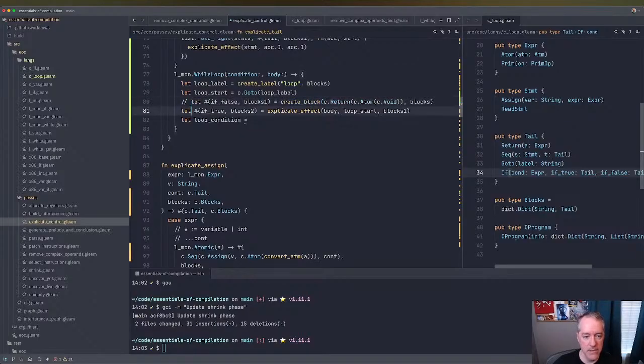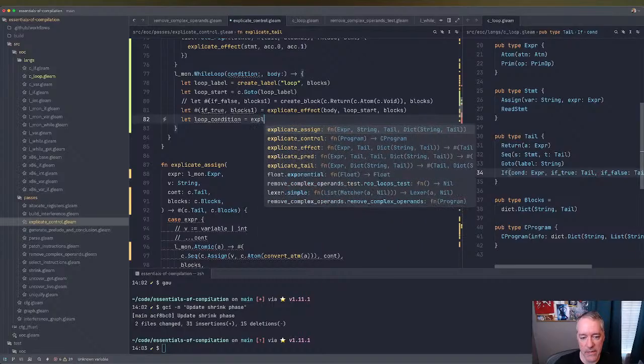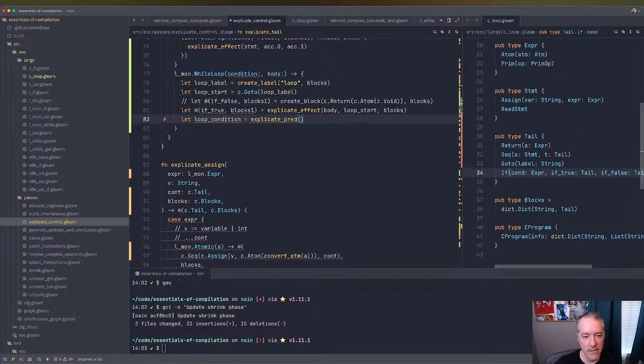We can get rid of this. So explicate effect will actually create a block for this, probably. Maybe not. Okay, so the loop condition is going to be explicate predicate, and the expression is going to be